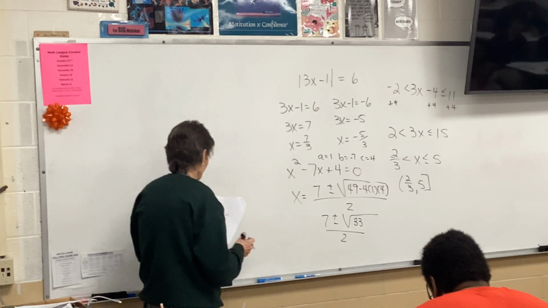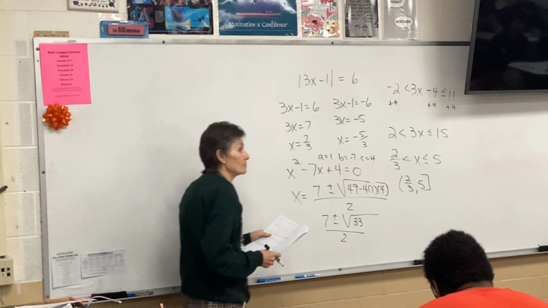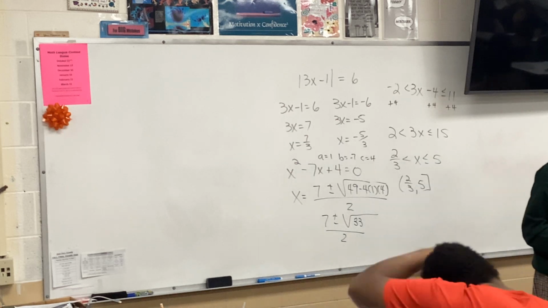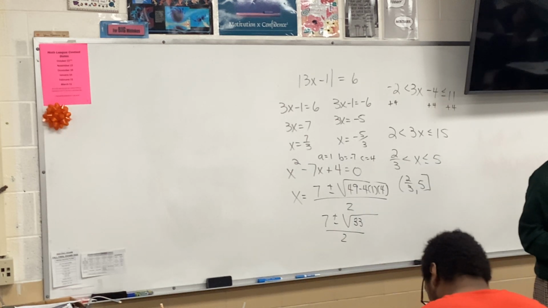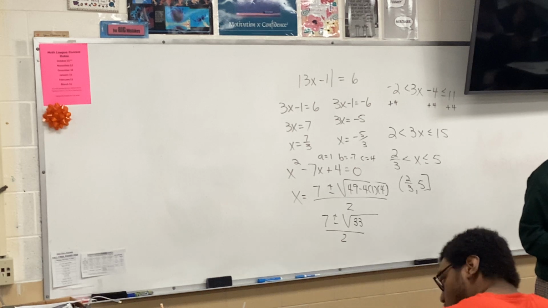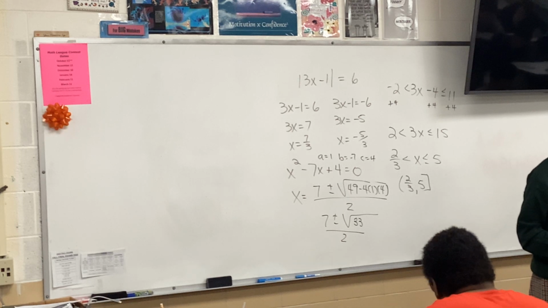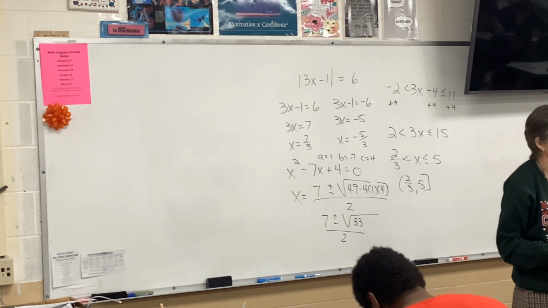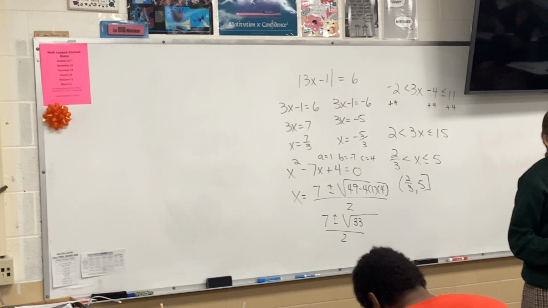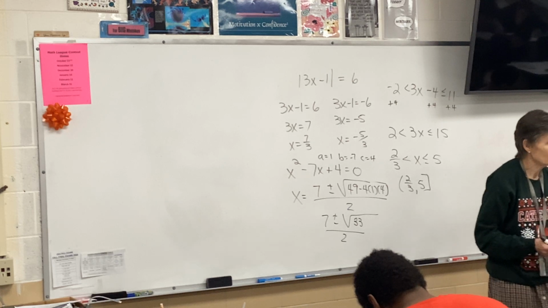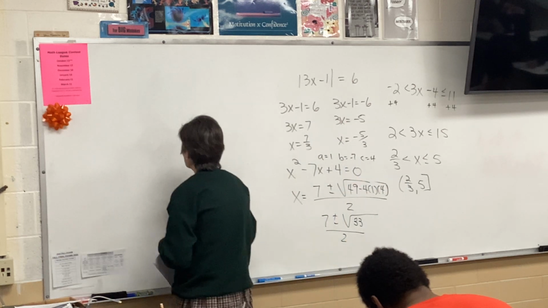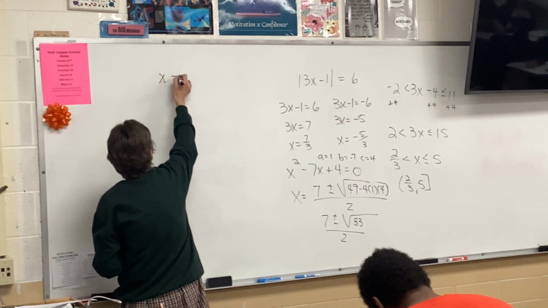Number 8, domain. 2 things we have to worry about with domain. Anybody remember what the 2 things are? Denominator can't be 0, and whatever is under the radical has to be bigger than or equal to 0, right? So this one doesn't have a radical, but it does have a denominator. If the denominator can't be 0, then what can you tell me? x can't be